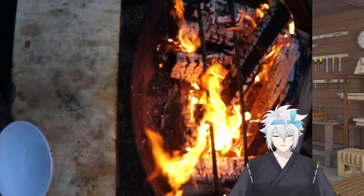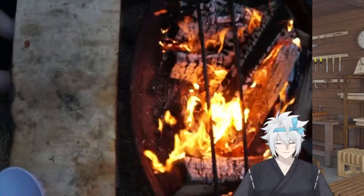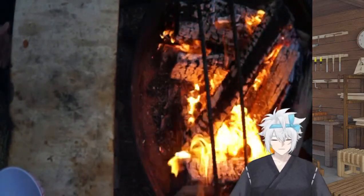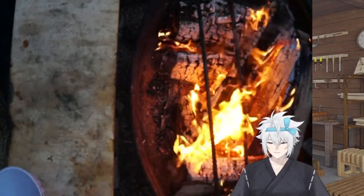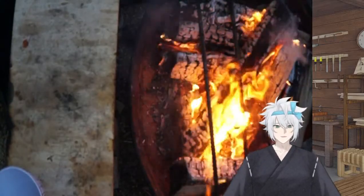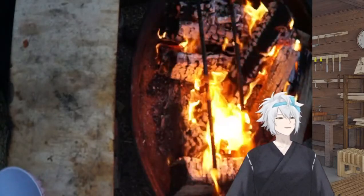We're gonna make black bean burgers tonight. Back a bit. Various reasons beyond my control. The smoke is coming at me, and I really wish it wouldn't. Strange, because I have a...